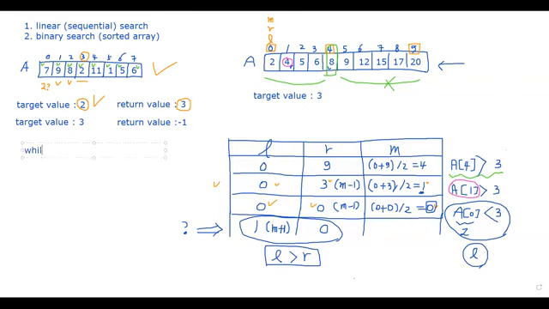While left is less than or equal to right, find the mid index, and compare the mid value with the target value. Okay, and depending on this comparison,